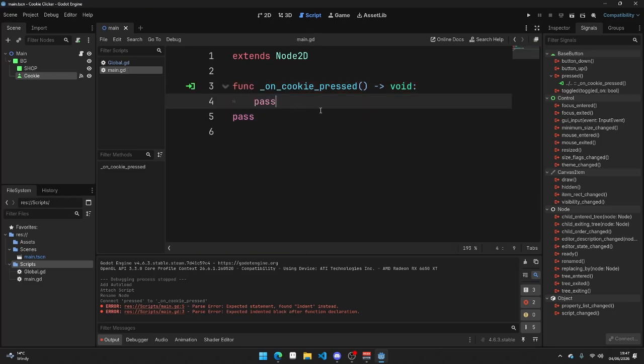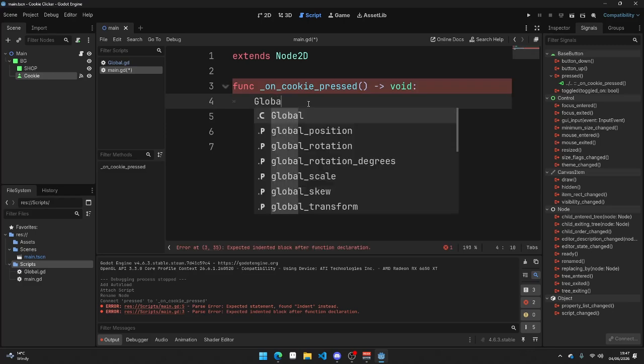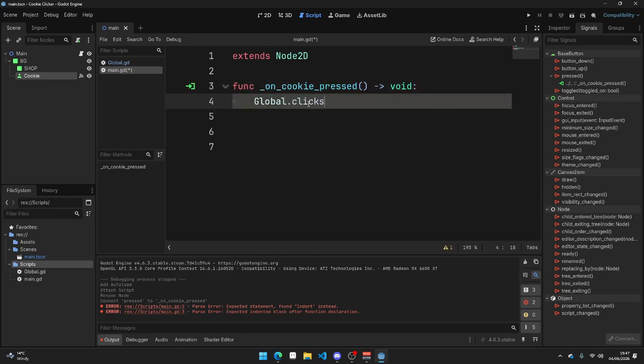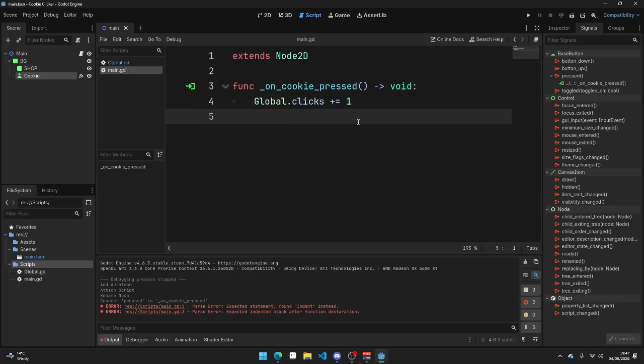Say there was something in the function, it's going to think this is in the class body. It doesn't know why it's there. So say you had, when the cookie's pressed, global.clicks += 1. We have to use plus equals here because it's Python based. This will work. But if you were to move this outside,